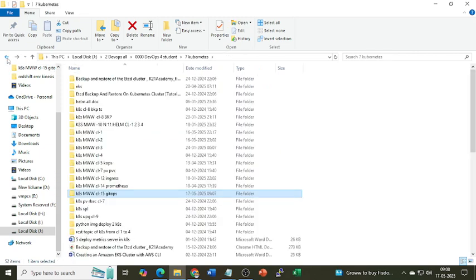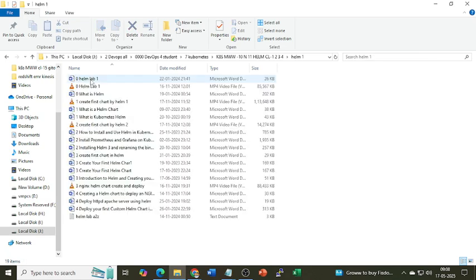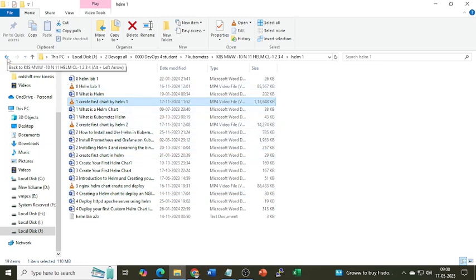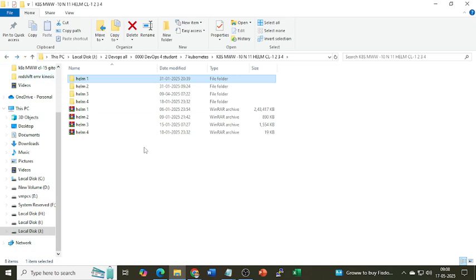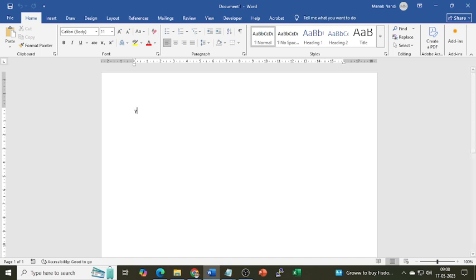Next, another topic is there, that is Helm. Helm related also, Helm Lab 1, different videos and documentation is there. Now question is, what is Helm? Helm is a package manager of Kubernetes. If I ask you what is yum or DNF or APT,